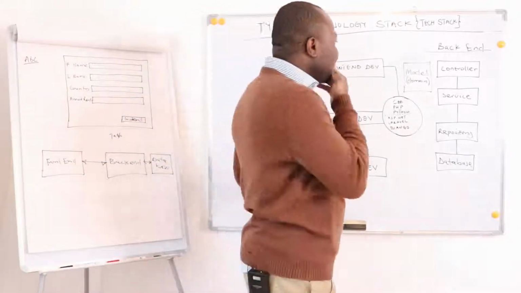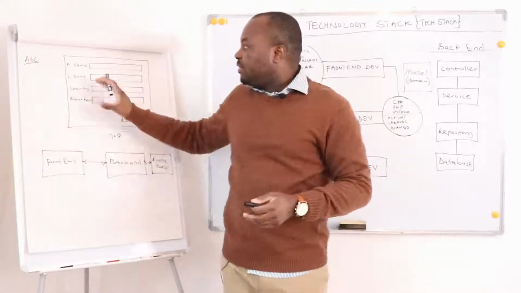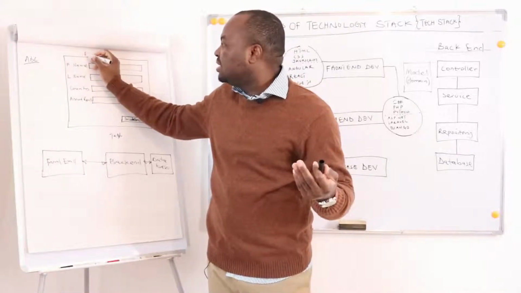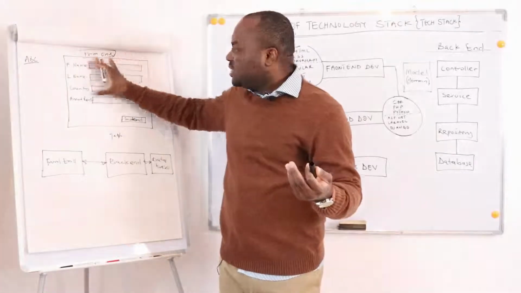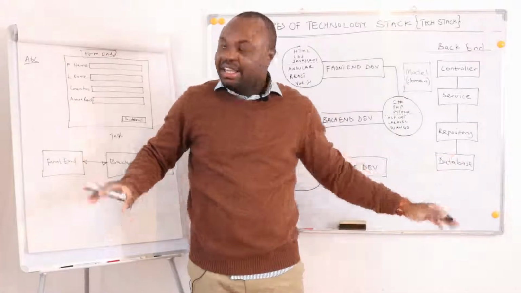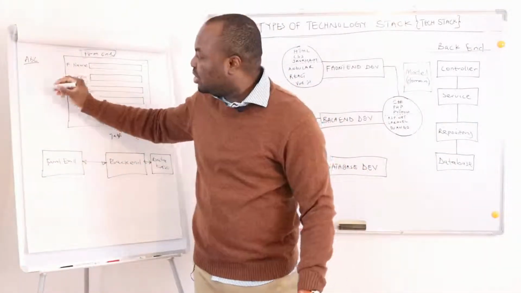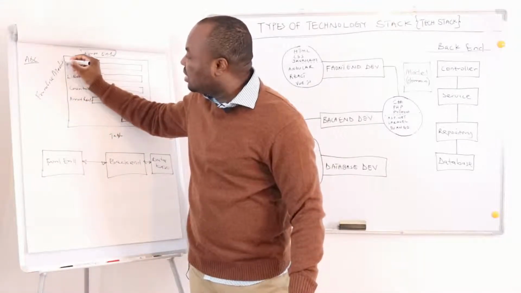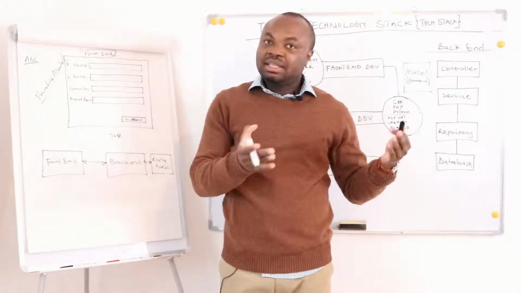So we have the domain model, like this form. Let me just call this form 1. This is a form that I'm filling. In my backend, I will represent this form as a model. We call it form 1 model. This is the way I like putting my model in my backend. So everything can be represented as a model.